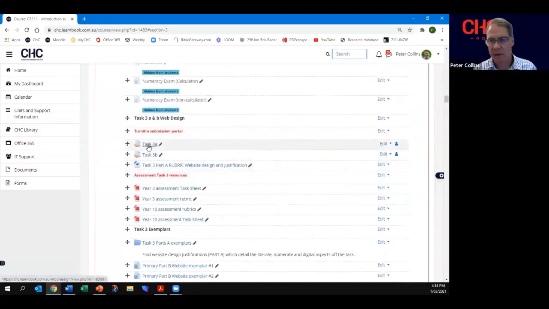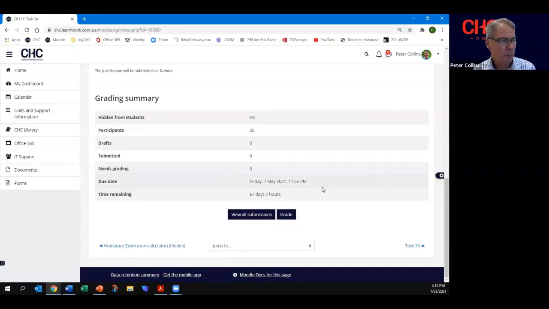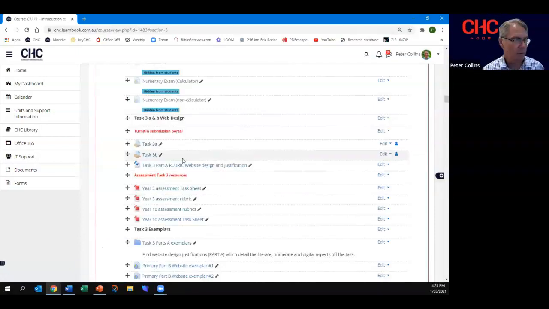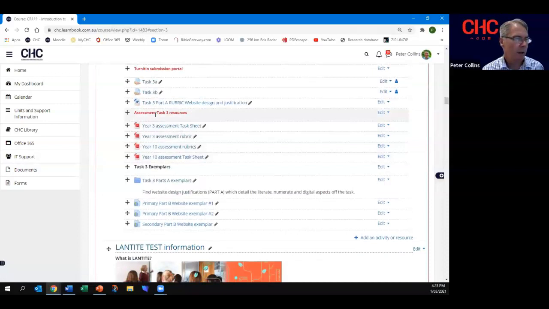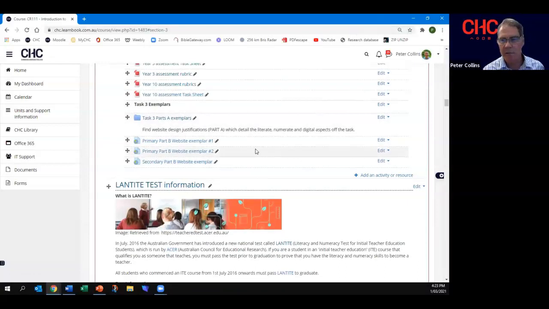Here are the task 3A and B submission portals. Now, they are where you put your links to that. And if I open up the submission portal, there's information, it's due then. Get the due date. What I have here are some of the resources that are applicable for that task. And here's some exemplars, to give you an idea where we're heading with it,